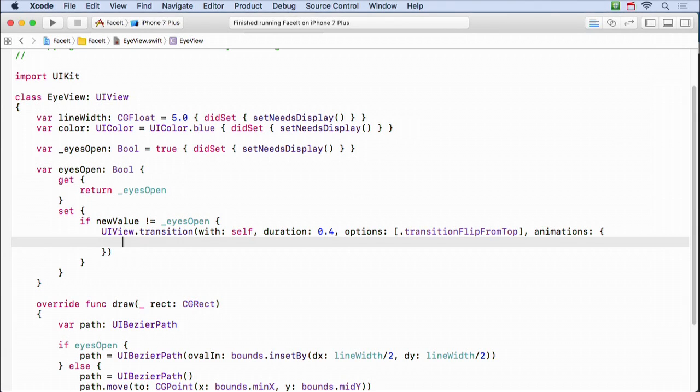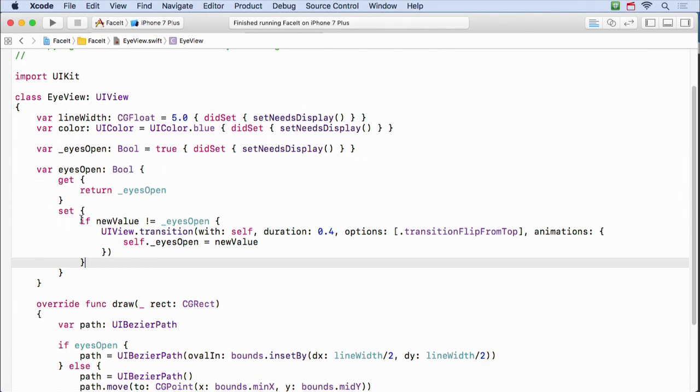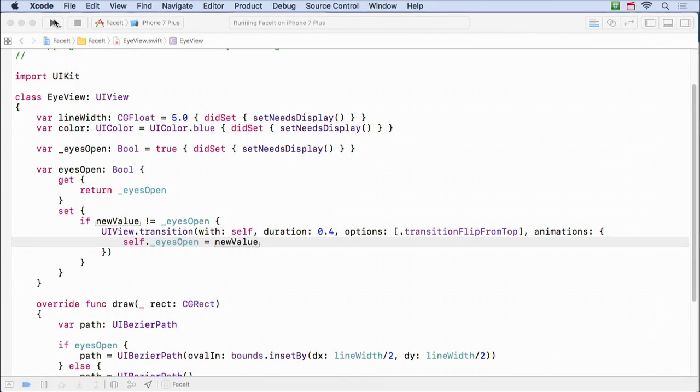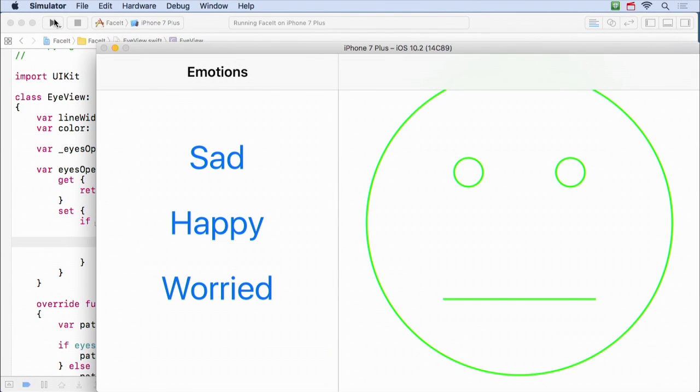Well, here, it's super simple. I'm just going to set my underbar eyes open to be the new value. Right? We're in set here, so new value is whatever someone said eyes open equal. So here I'm just going to set it to the new value. That's going to change my view to the new eyes open state, and I'm going to animate getting to there. All right, so let's take a look. This guy should still be blinking, but he should be blinking a lot smoother, you see, because it's animating the actual motion of the eyes closing. Got that? And again, works in all